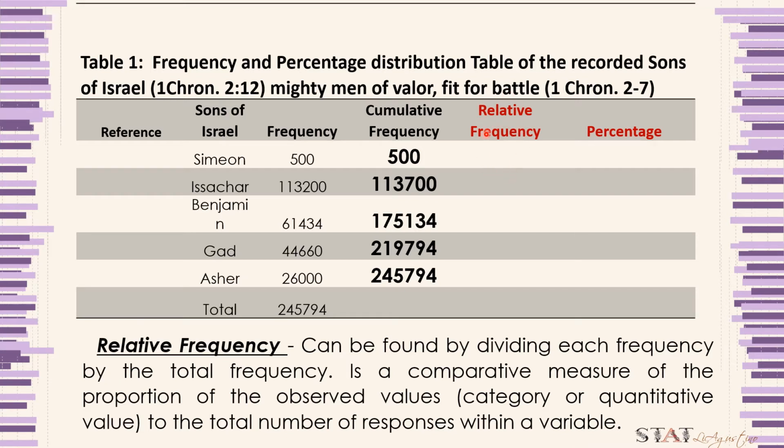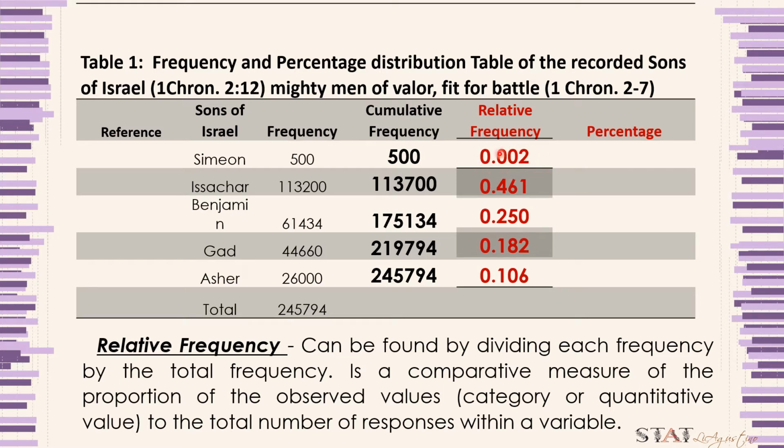So by definition, you just divide the frequency by the total frequency. For example, 500 divided by 245,794 is equal to